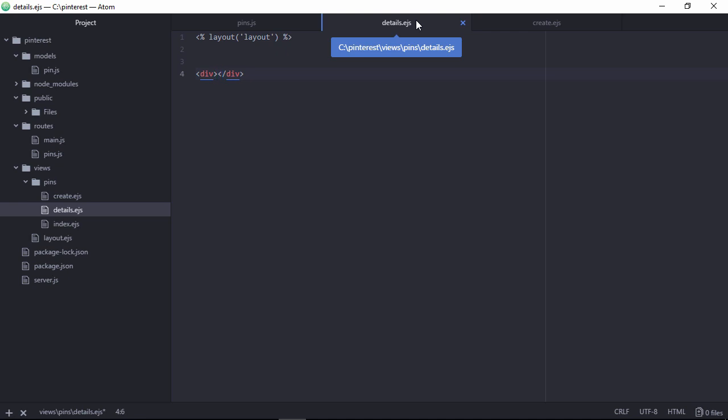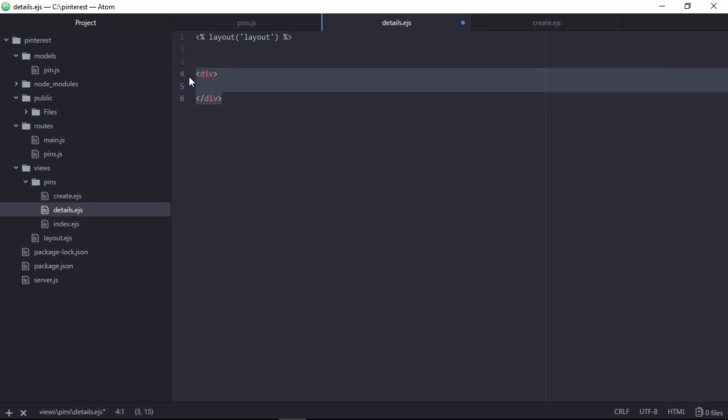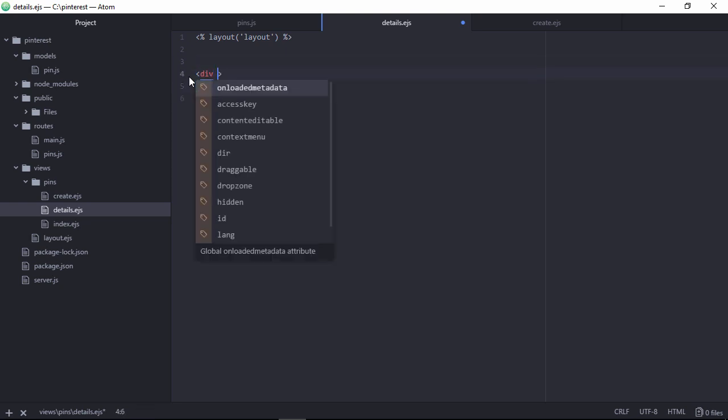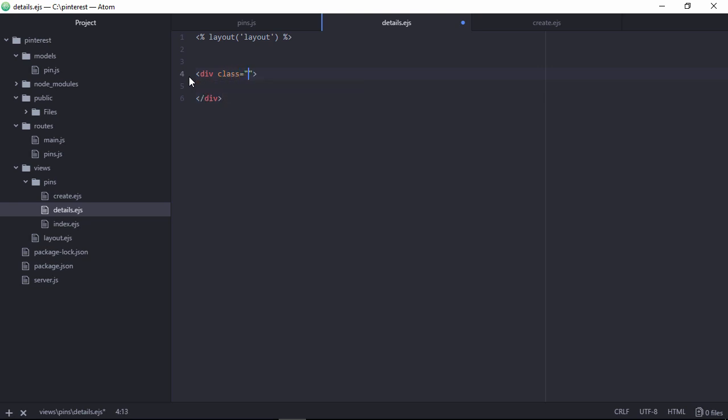Now writing a div tag, copy this, and specify a class container. Inside the div tag we paste the div tag again, and here you can move fast because now I will write some HTML code